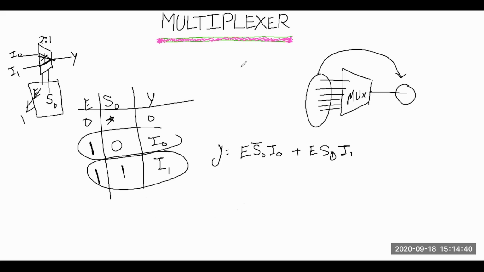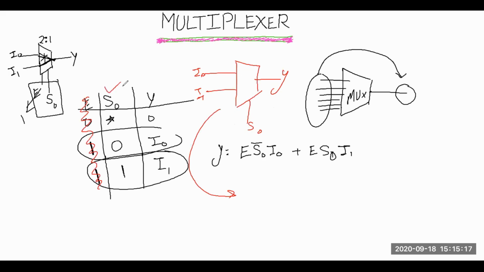In the second way, I can take one 2:1 multiplexer, with only one select line, which is S0, and I0 and I1 as inputs. This Y is my output. No need to bother about the enable pin, because I am taking the enable pin by default as 1, so that my multiplexer will work. If you take your circuit this way, you just need to bother about S0 as your input and Y as your output.